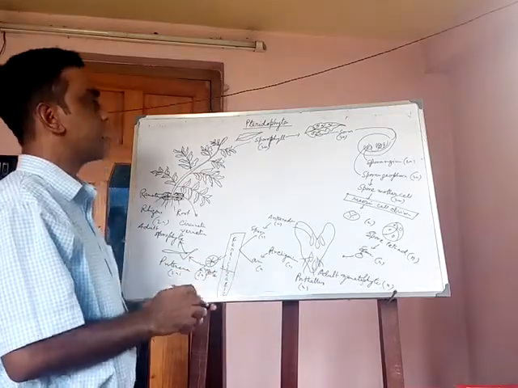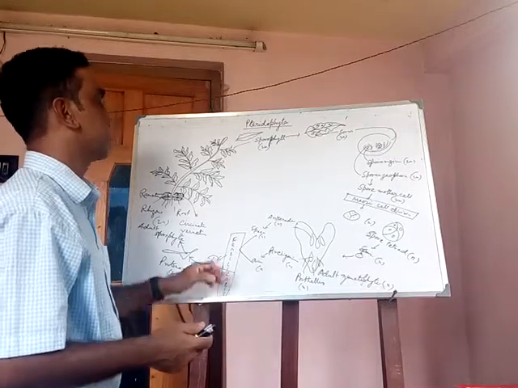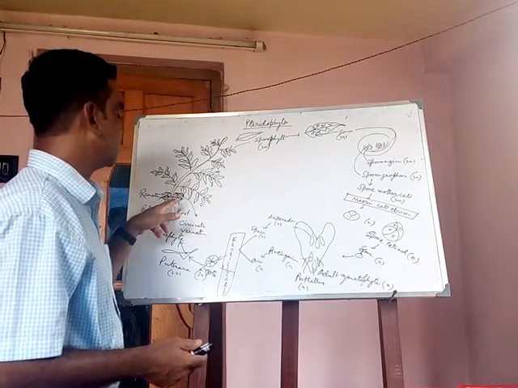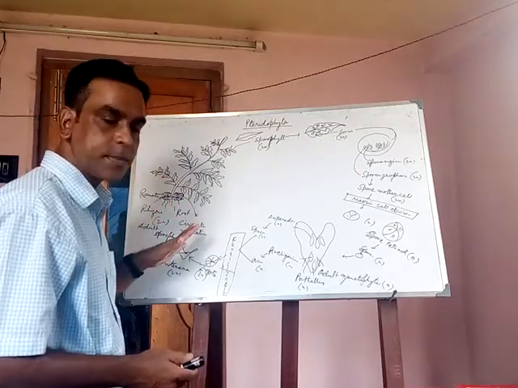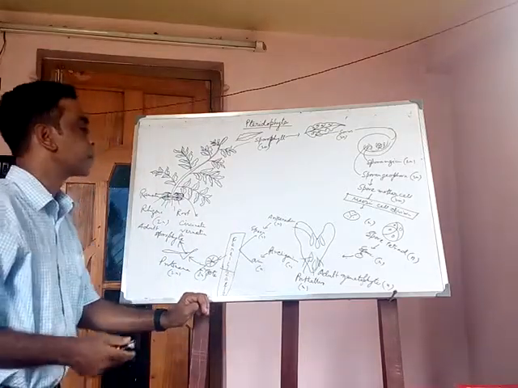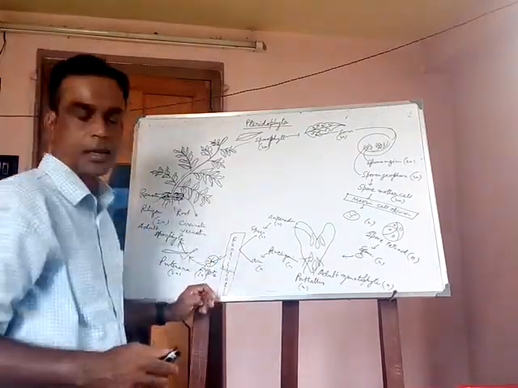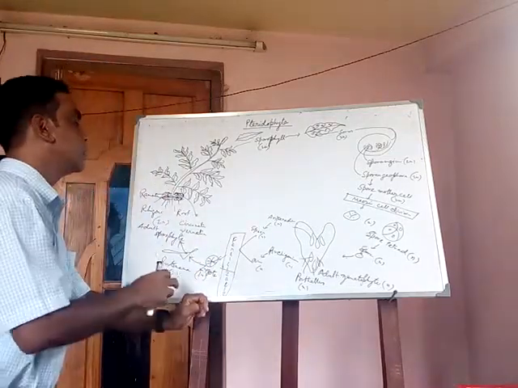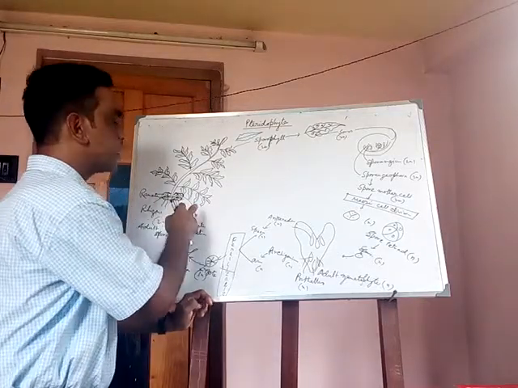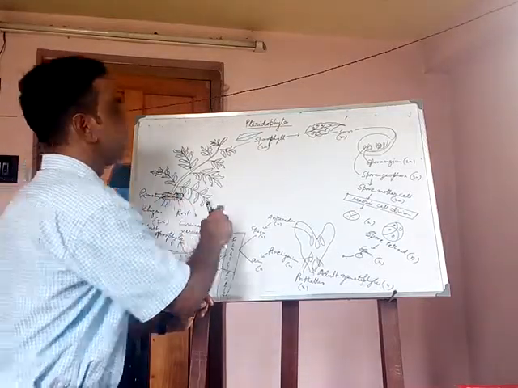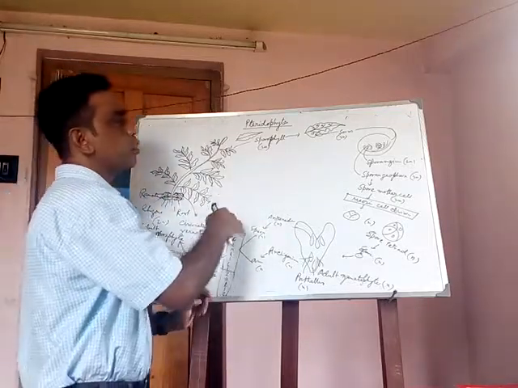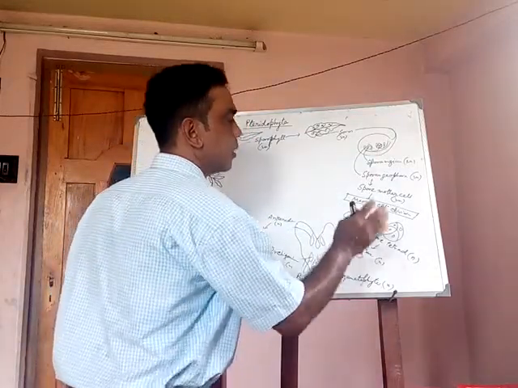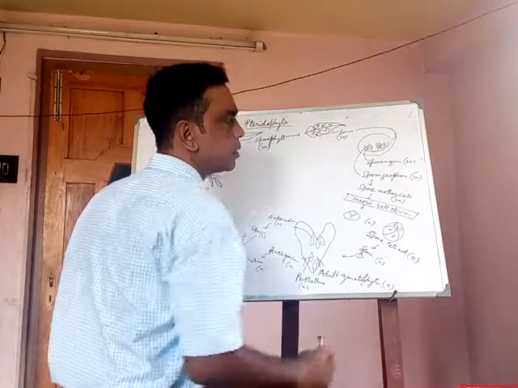So the main features represented here are that the main body is the sporophyte, sporophylls are present, the root system is present, and a vascular system is present. So it is called the vascular cryptogams. The stem is a modified stem called the rhizome, and ramenta are present. It is brown in color, and circinate vernation is the arrangement of ramenta. The sporophyll is diploid, and the sporophyll produces sporangia, and sporangiophores are formed from the sporangium,